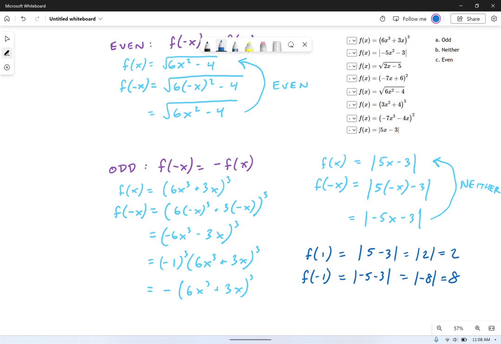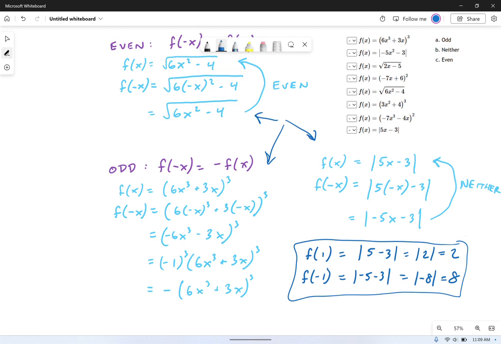I should be careful about that word proof. It doesn't prove that it's neither. It demonstrates that it's neither for 1 and negative 1. But if you are talking about proofs of symmetry, you have to be very careful with this right here. This does not constitute a proof. These things are proofs, okay, when they use x, not a number. But using a number is, in all practical terms, very, very nice, and sometimes it simplifies the algebra.